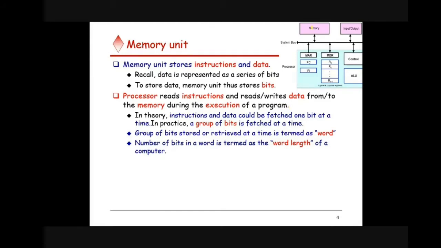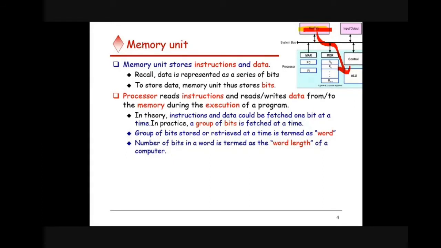So this is your memory. From that memory, you should take the data to your ALU for processing. So from the memory, you should take the data and store it in the ALU. Theoretically we said the data will be stored in terms of bits, zeros or ones. So that 1 or 0 will be directly transferred to the ALU. But usually it is not transferred as a single 1-bit data.